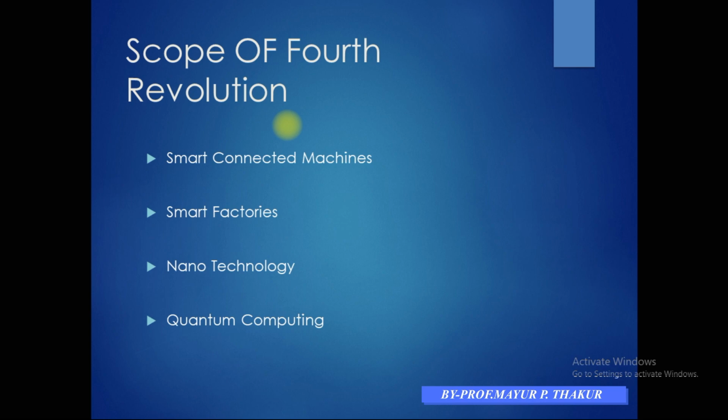Then the fourth scope for the fourth industrial revolution is quantum computing. Quantum computing is a type of computation that harnesses the collective properties of quantum states, such as superposition and interference, to perform calculations. The devices that perform quantum computation are also known as quantum computers. Now everything packaged together is helping in the transformation to the fourth industrial age, which is Industry 4.0. So these are the scope of the fourth industrial revolution.